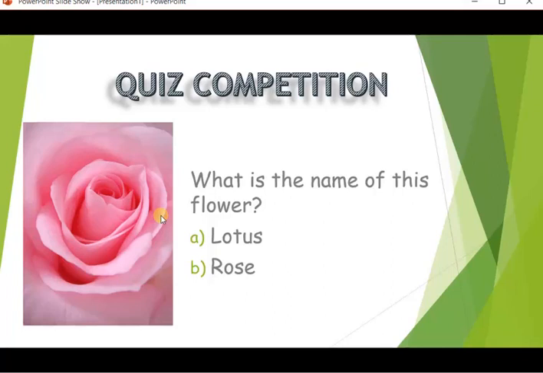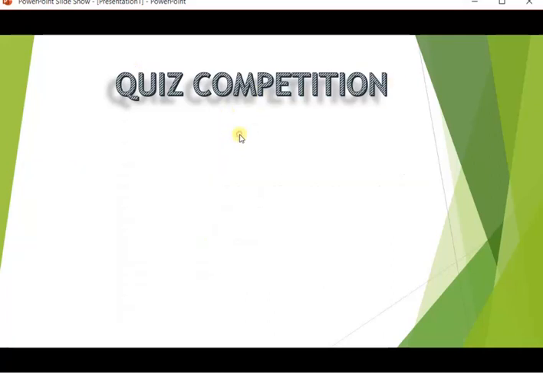But after that the next slide is not coming. The next slide is not coming because the transition has not been set up automatically. The transition has been set on mouse click. That means by default the transition from one slide to the next slide is on click. That means if you click on the mouse once, then only it will go to the next slide. This is by default. So if I click it, it will come to the next slide.